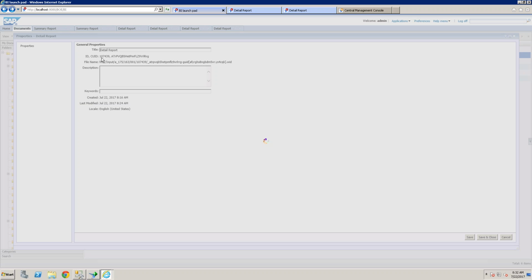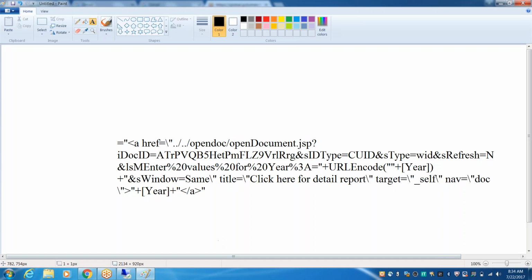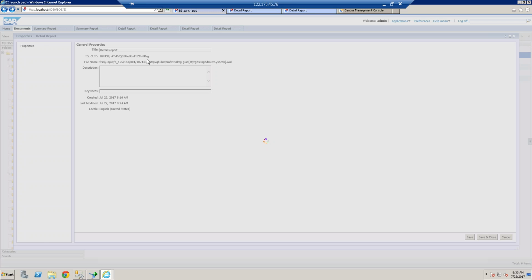Okay, so if you look at here, the ID and CUID starts with 80 and ends with G. In the hyperlinking code, you can see the IDOC ID starts with 80 and ends with RG. If you look at here, go back here, it ends with RG and starts with 80.